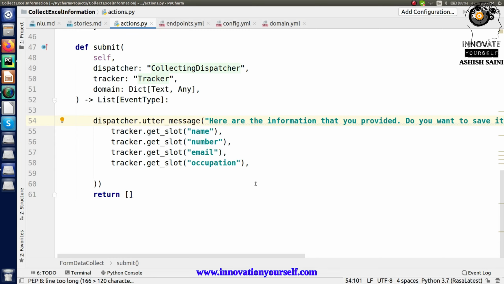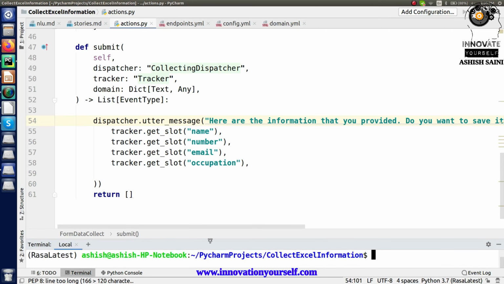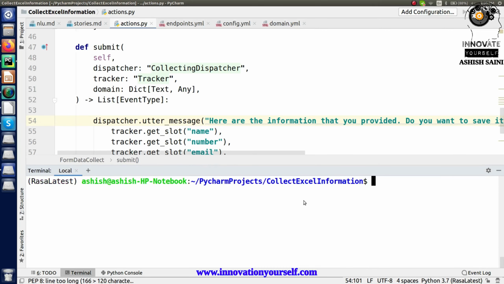So for that, let's go to the terminal first. And why I'm going to the terminal is because right now you have to install one package, and that package is known as pandas. So you have to install pandas over here so that we can collect this information and store it inside the data frame first. After you have the data in the form of a data frame, your data frame will be able to store that information directly to the Excel sheet, right? So for that, just type into the environment which you are working in right now: pip install pandas.